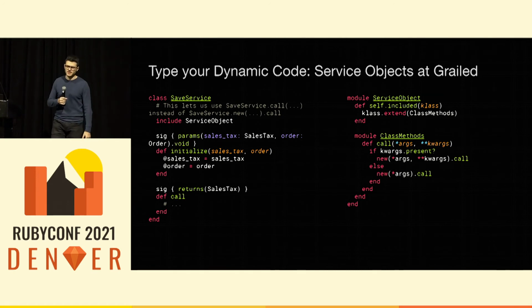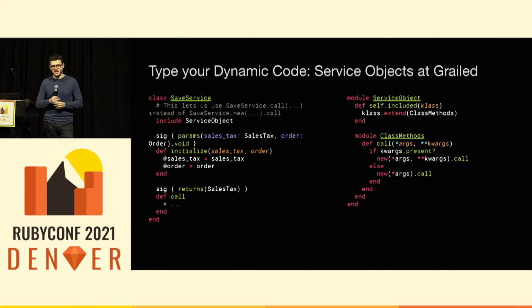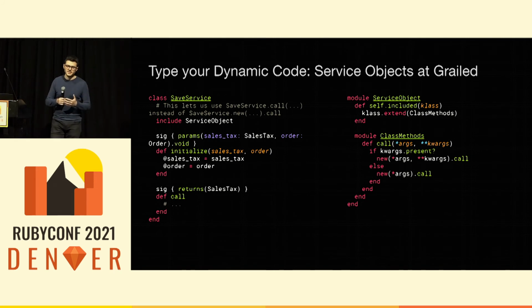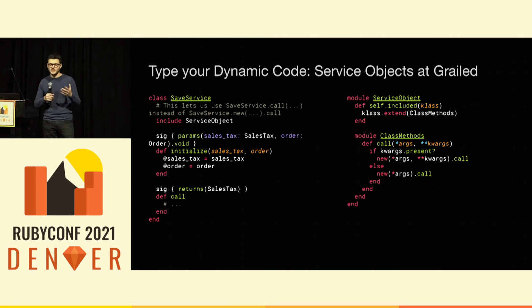This is sort of a more advanced example, but I'm sure everybody has some kind of dynamic code that they've used themselves, or created for their own code base. And this is an example from ours that we had to figure out, right? We have these concepts of service objects around our code, and if you haven't heard of these, it's usually just the idea that you want to encapsulate any sort of complex business logic or things that usually have side